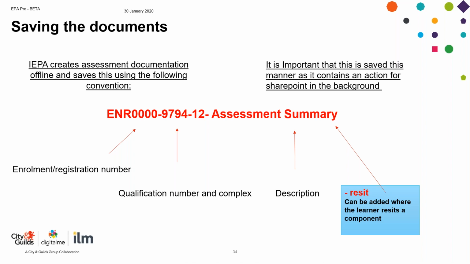The process that you would go through is you would look on EPA Pro, you would see what is there to quality assure. And if things are there to quality assure, you naturally assume the documents will be in SharePoint, because the IEPA will need to have completed those in order to come to a result. So I think we need to look into ways of turning those notifications off, Kelly. Can you leave that one with me, and we'll get an answer to you on how we manage that.